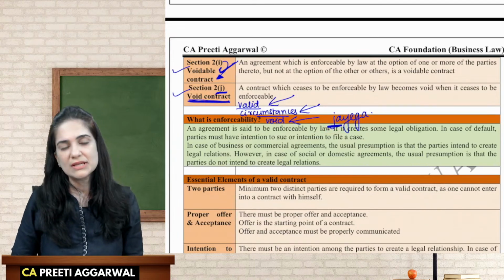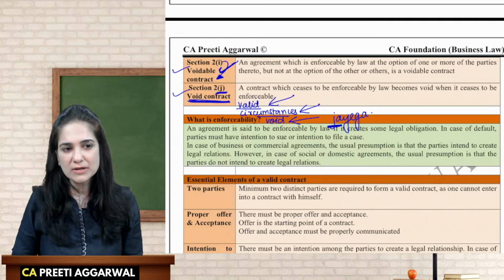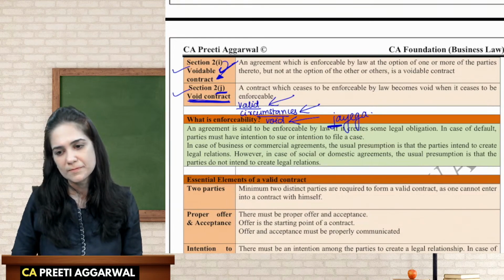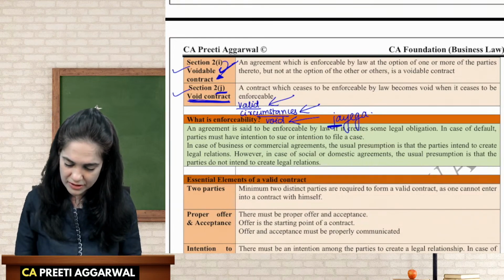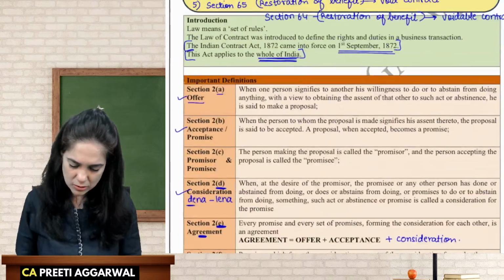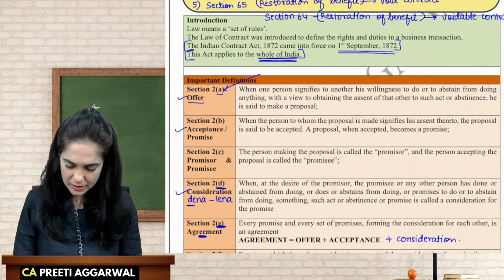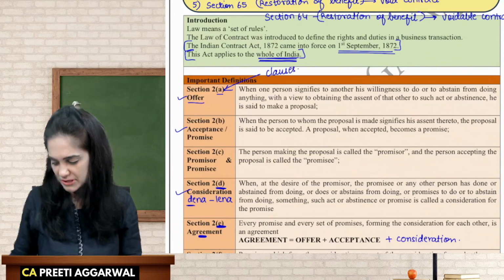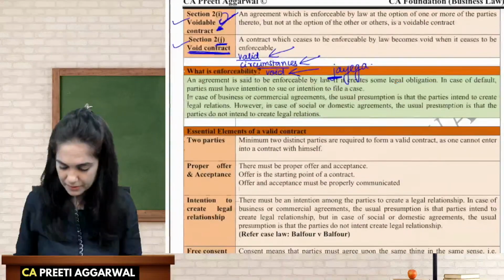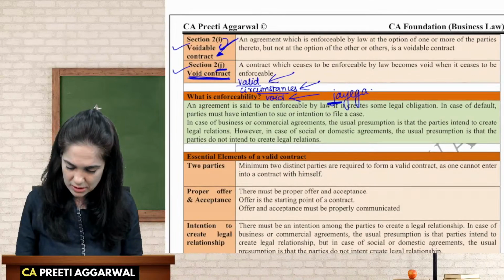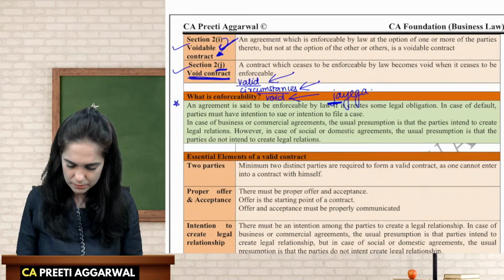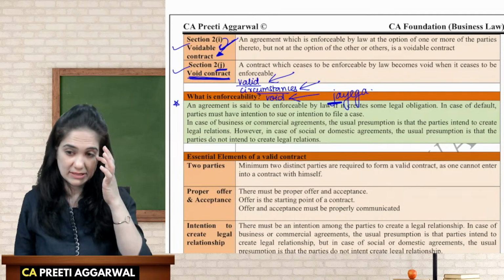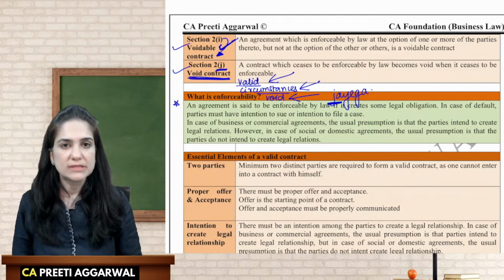So this is how you will remember the section numbers. Okay. So we discussed the section number with a clause also. These are clauses. In the definition, you have clauses, you don't have subsections, because each definition is different. Now, this is the most important theory part for the exam, enforceability.